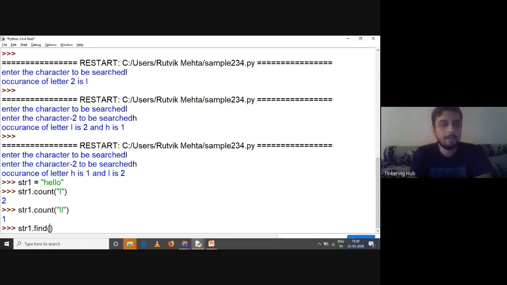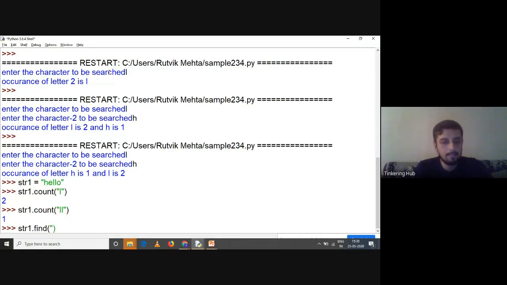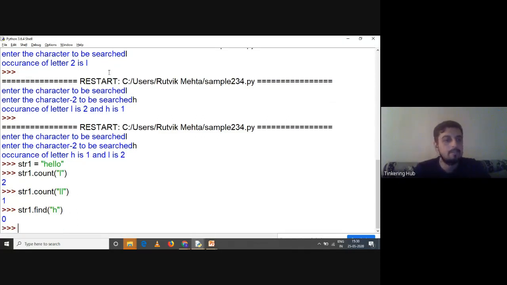So what is the find method? The find method is used to find the index of a particular character or a particular substring. So let me say, what is the index of H? It says the index of H is 0, right? Let me say str1.find again, and what is the index of O?